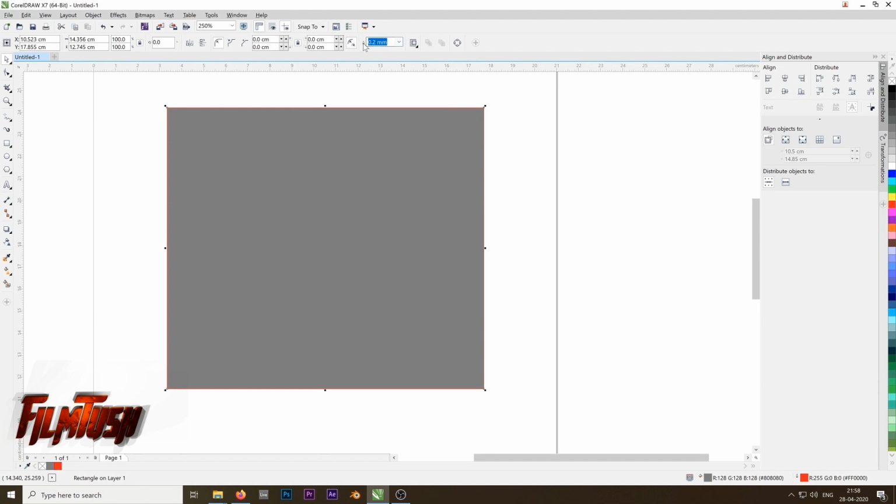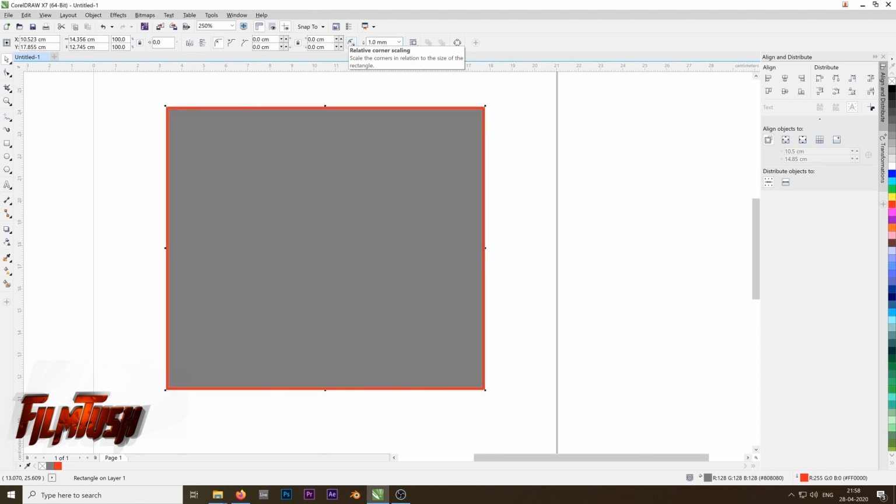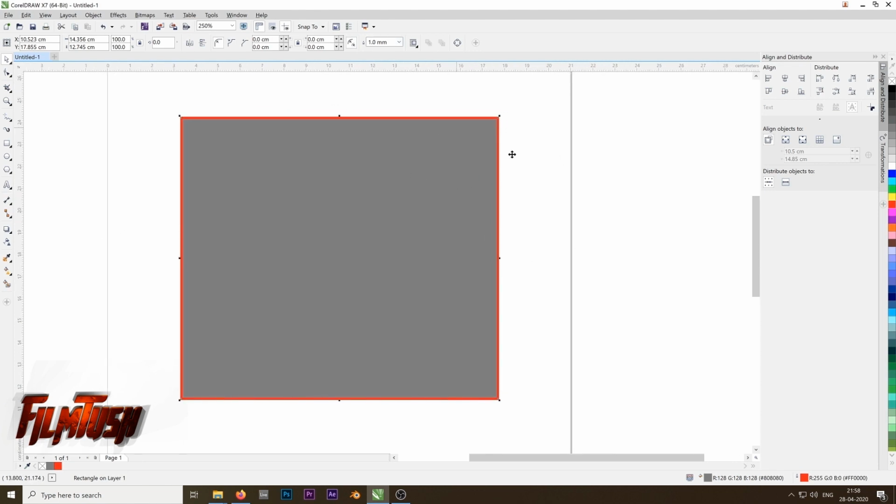I don't know if you can see the symbol, the outline width symbol. It looks like a pen. Okay, so just click over here and then choose the size over here, or you can just type the value you want. Like I would like 1. Okay, you can choose any amount. So this way you can fill the stroke.